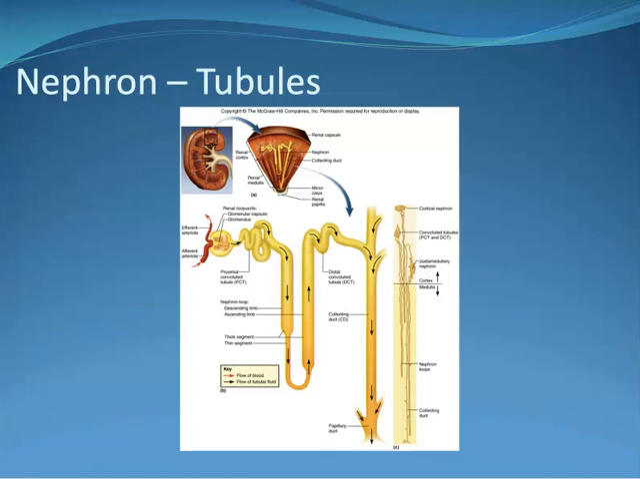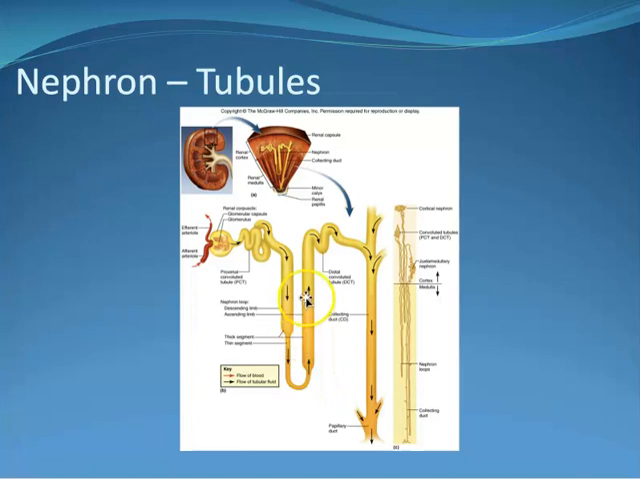All right, so we spent a good chunk of time talking about how things are being filtered by the glomerulus and caught by the glomerular capsule. Let's spend a little bit more time talking about what's actually happening now in these tubes. So in this image, you're seeing, again, the glomerular capsule, the proximal convoluted tubule, the descending limb of the loop